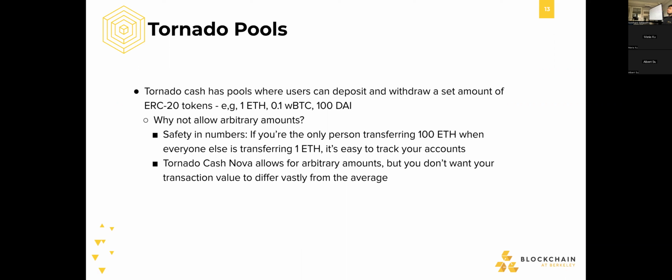And the question is, why not allow arbitrary amounts, right? Why do you only want users to deposit and withdraw 1 ETH at a time or 100 ETH at a time and not 1.1 ETH and so on? Essentially the reason for that is safety in numbers, because let's say that,